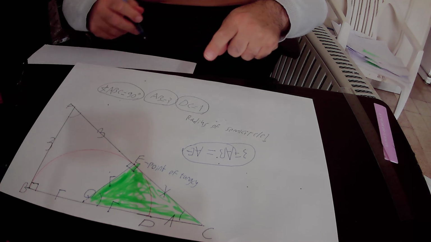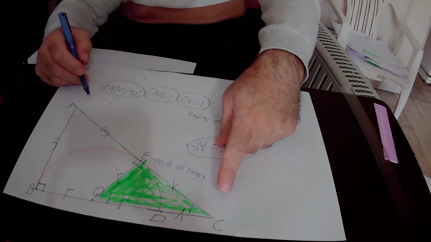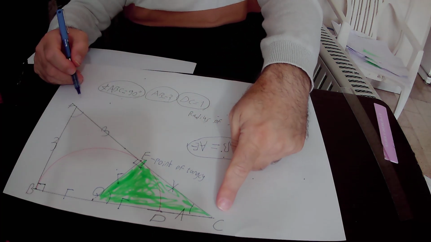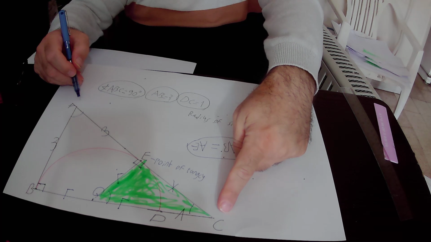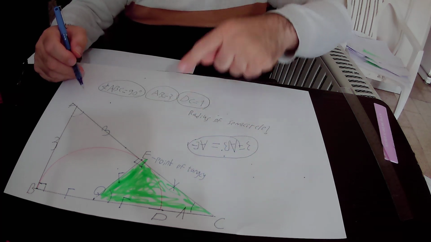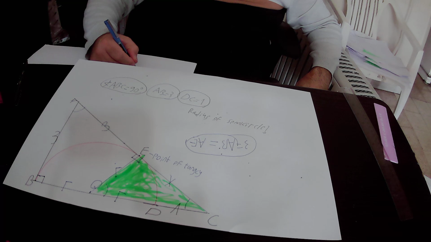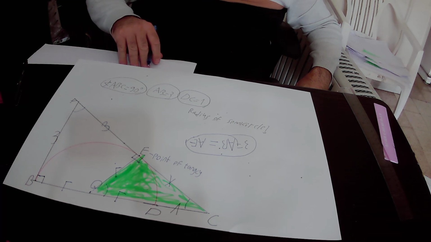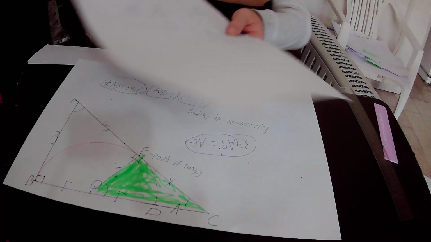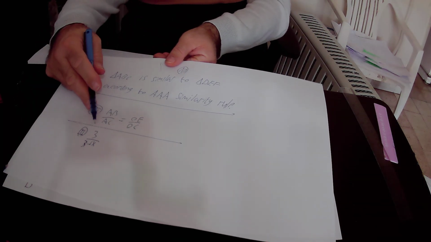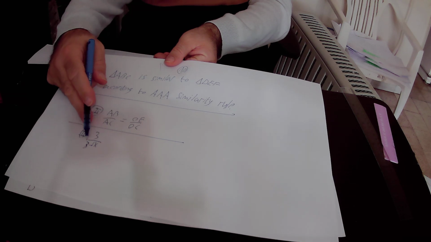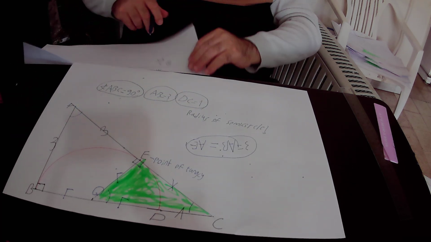And what is the value of AC? As you can see from the drawing, the value of AC is 3 plus X. So actually here AB equals 3 units and AC equals 3 plus X units, and OE